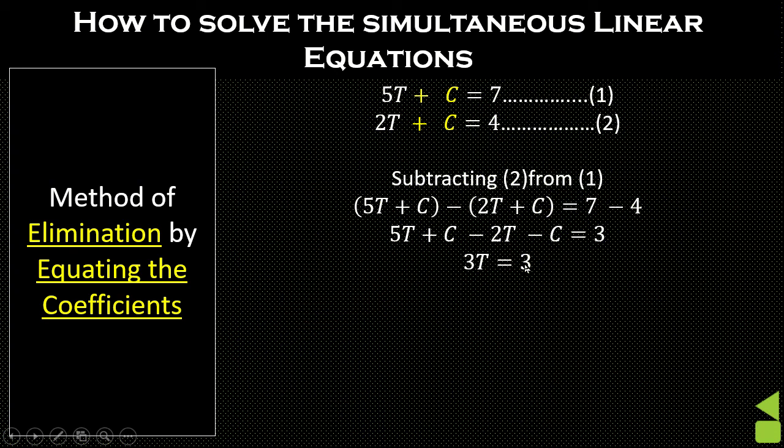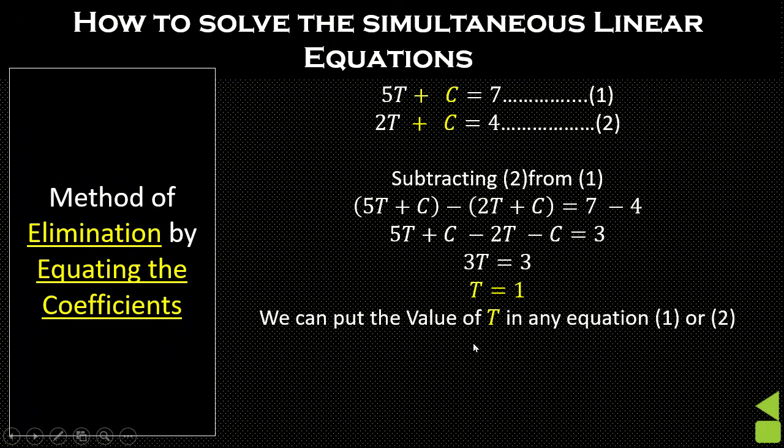And we are aware that in an equation, if the variable is only one, the equation is sufficient to get the value of that variable. That means this is a linear equation in one variable, and this is the only sufficient equation. By that we can get the value of t, and now t is 1. So we will get the value of c.